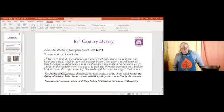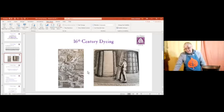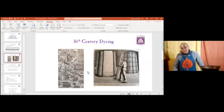So, does everybody know what roach alum is? We will move on to the next slide because my slideshow isn't playing. So this is what is known as roach alum. This is the picture on the right hand side. What looks like an upside down barrel is a roach, and alum was processed in the 16th century, mainly by the Italians. The trade was completely controlled by the Pope at that time, and it came from the Tolfa Hills behind Rome, and it was